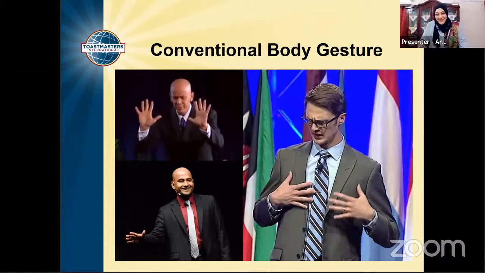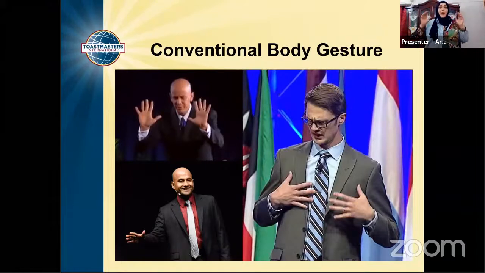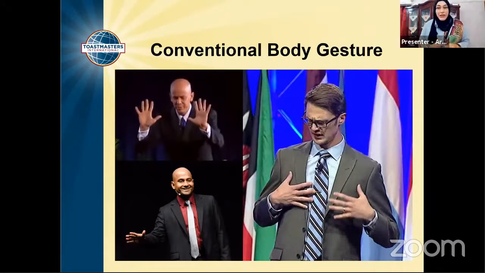Okay. So the conventional one is the normal one that we all use, either in speeches or in normal life. For example, when I say myself, or I say everyone, when I say far away, or I say here down, I will use my hands in a proper way that is conventional to everyone. Now, let me tell you how you use your hand.